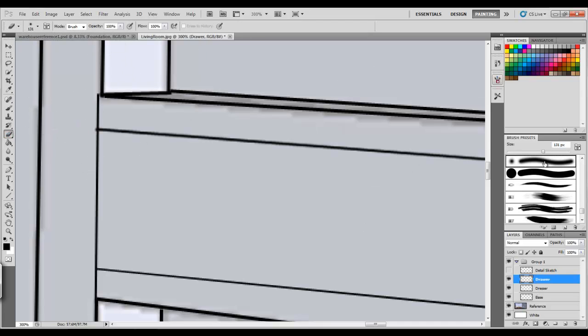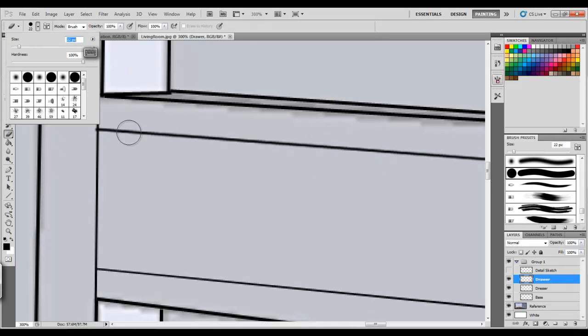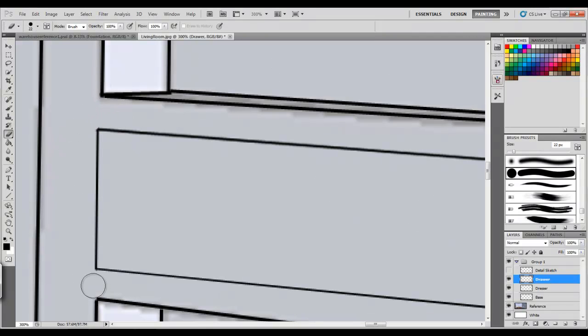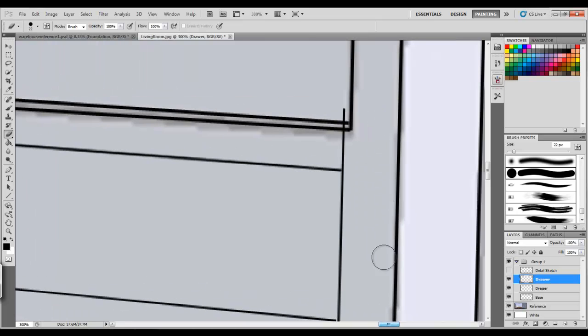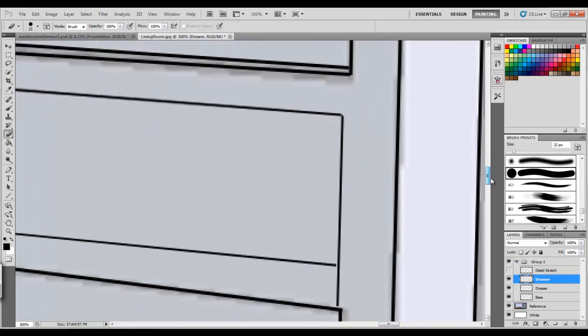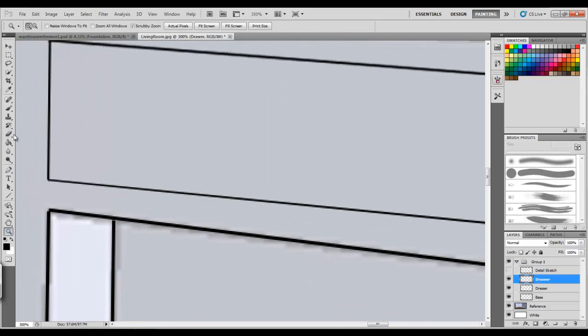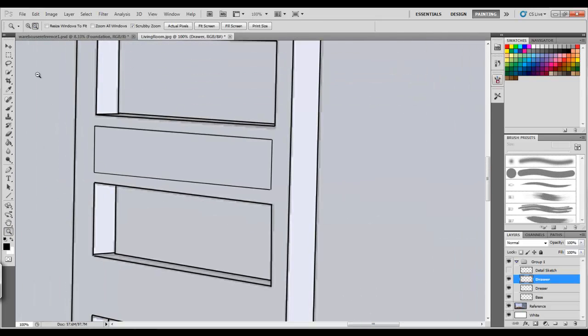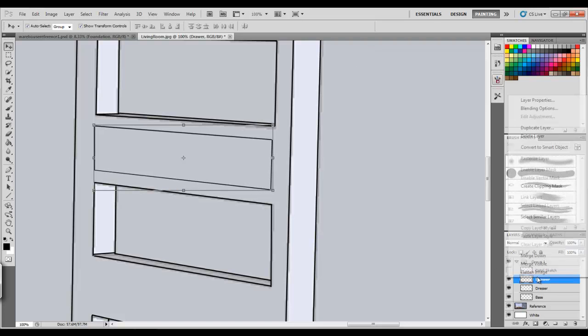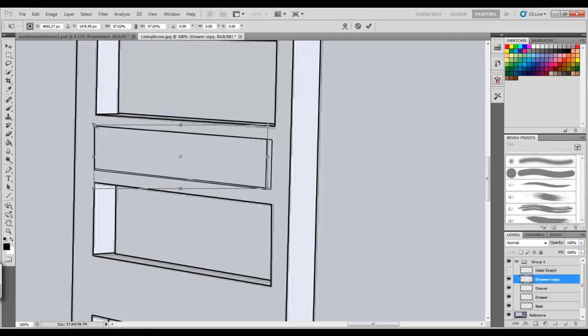And I'm going to go in here and just really quick erase the unneeded lines. And using the lines you've already created in Google Sketch gives you somewhat of a guideline. Is it perfect? No, my drawer is a little off. Knowing when you're wrong is the best tool you can have in Photoshop, because then you can just fix it just like that. Boom. And easy, just duplicate the layer, hold shift, and move this in,